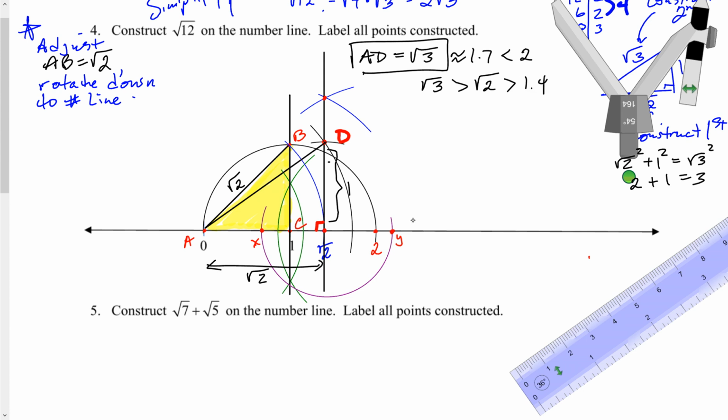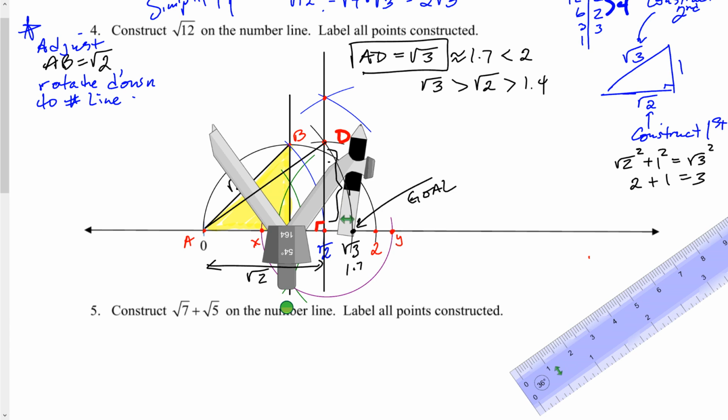So it's got to be to the right. Let's label here, and this is the square root of 3, which is about 1.7, as I just said earlier. So my accuracy looks good because it's definitely less than 2, and that was my goal. So we've done this before, but I just showed you again how to get root 3, and now